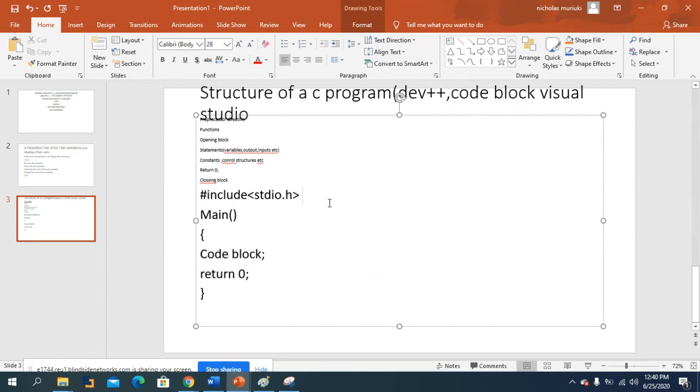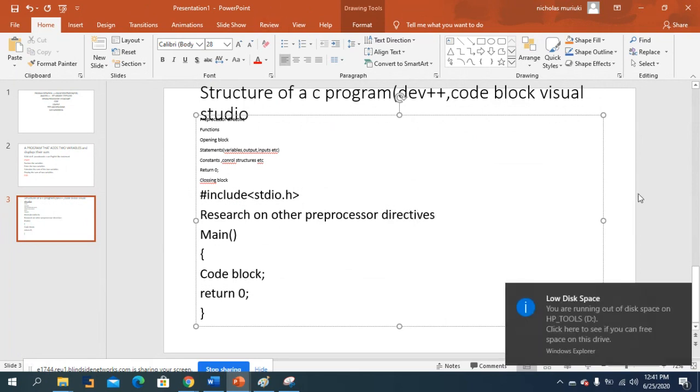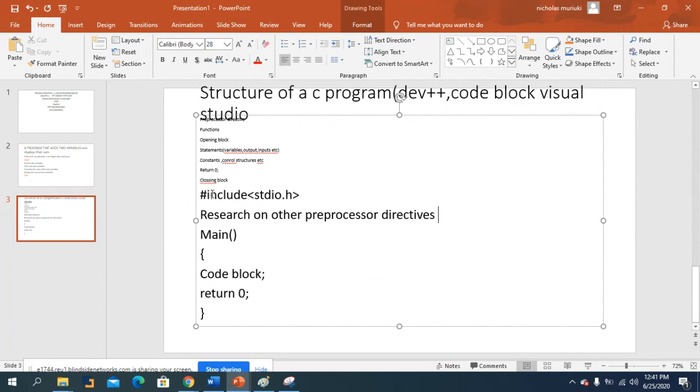So in this library, I want you to do a research on other preprocessor directives. When you talk about preprocessor directives, they should always start with hash. One of them is